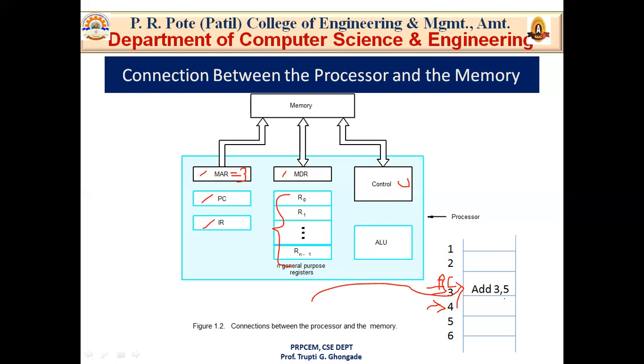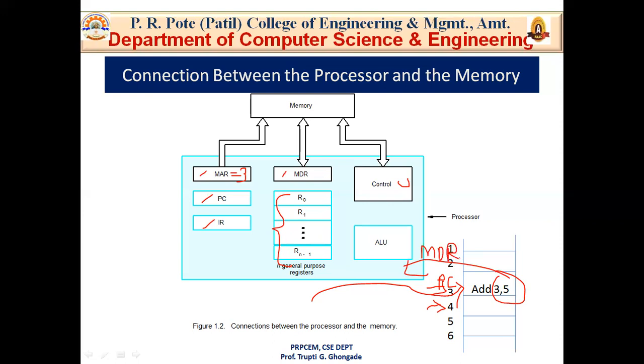generated. And after the time required to access the memory has elapsed, the addressed word is read out of the memory and loaded into the MDR. So after reading this add 3, 5, the data 3 and 5 is loaded into the memory data register. So to fetch this instruction, the processor uses MAR, but to get this data out of the memory into the processor it uses